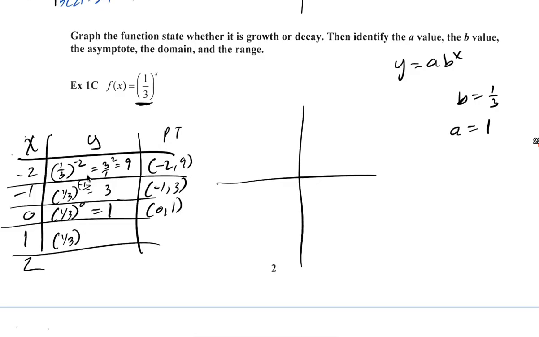1/3 to the first power. That just keeps it the same. 1/3. So 1 and 1/3. And 1/3 squared. So that's 1/3 times 1/3. Should be 1 over 9. Or just 1 over 3 squared. So 9. So 2 and 1/9. So if I was going to plot this,